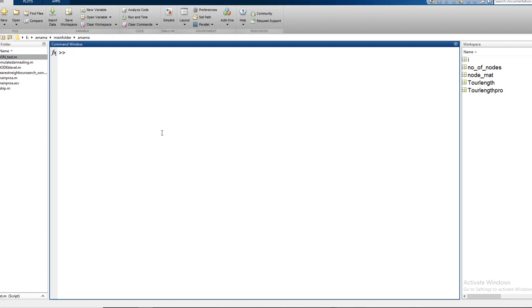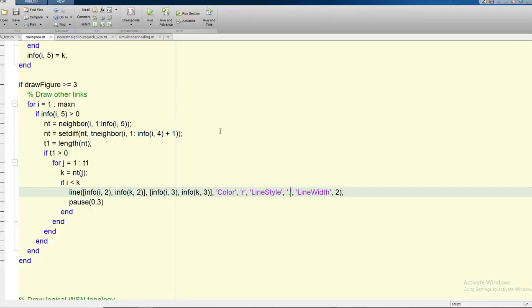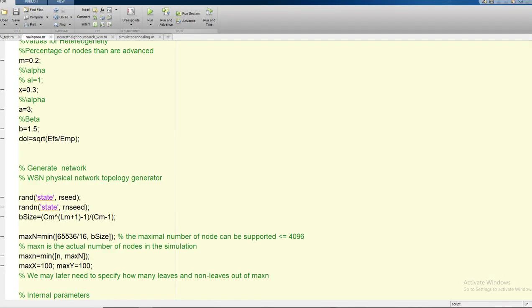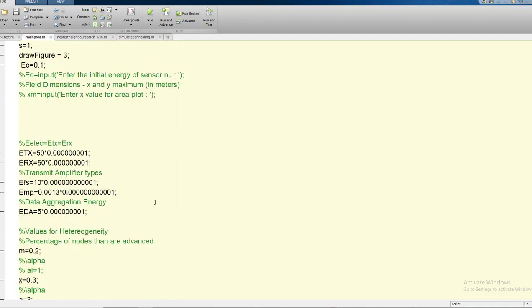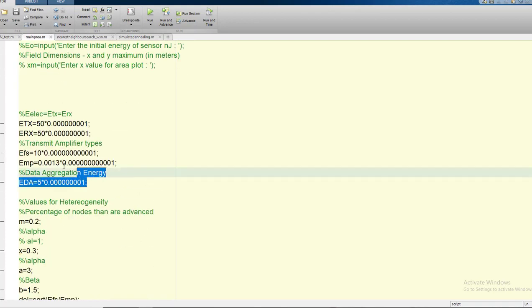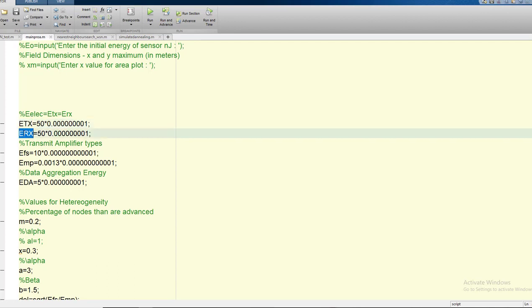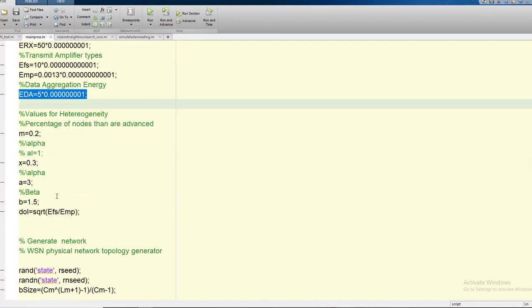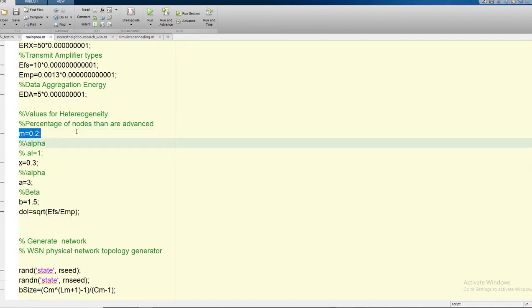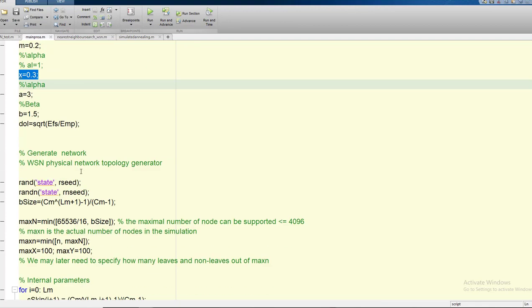So let's move forward toward our main program, and I have just opened it, and let's see its execution. Prior to starting any wireless sensor network, I need to define a few parameters: transmission energy, receiver energy, transmit power amplifier, data aggregation energy. Okay, percentage of nodes that are advanced, percentage of nodes that are intermediate.